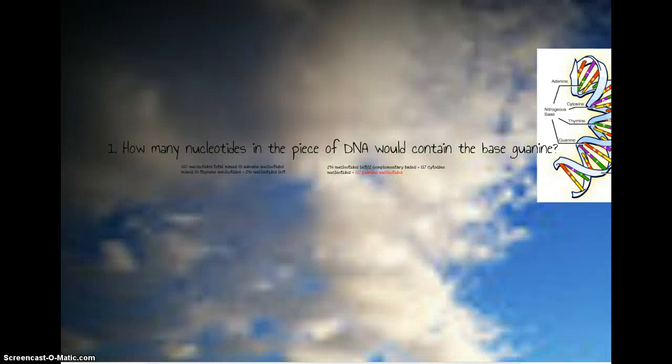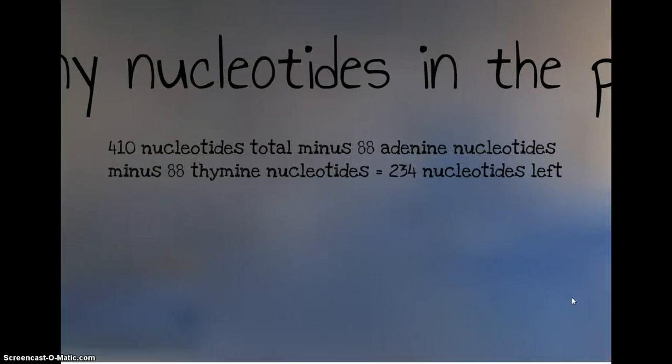Pretty much what that was supposed to say was that we were given a piece of DNA to examine, and it had, I believe it was 88 nucleotides of adenine that we know about. So this picture over here that I just showed was just to show you that adenine is going to bind with thymine, and cytosine is going to bind with guanine, and these are just the nitrogenous bases that we use. So, first question is how many nucleotides in the piece of DNA can contain the base guanine? So we already know